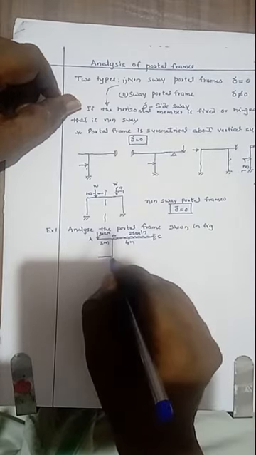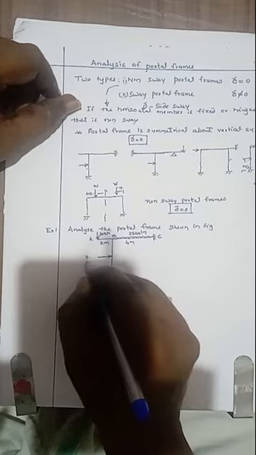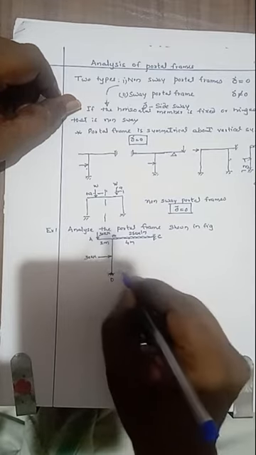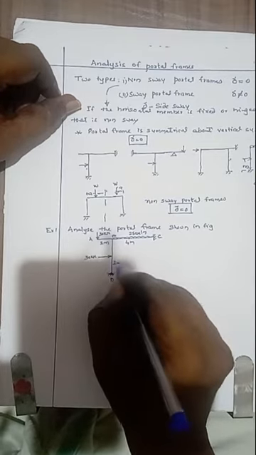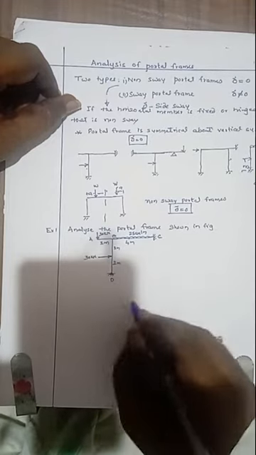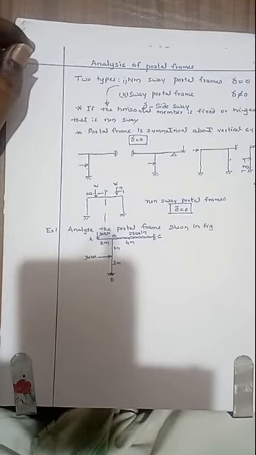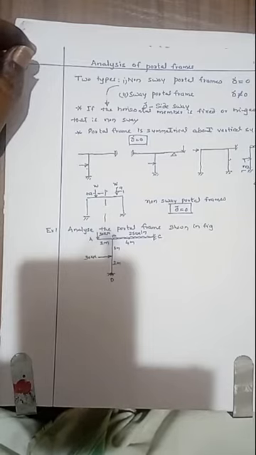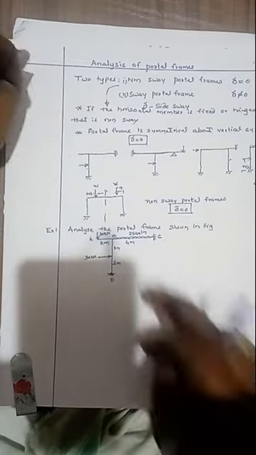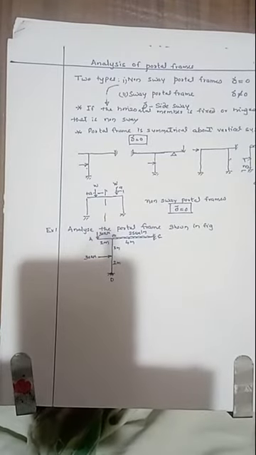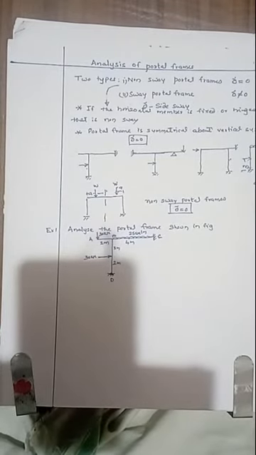Here it is subjected to a point load of 30 kilonewton towards the right side. This one is 2 meter, this one is 2 meter. This is the given diagram. Here A to B is 2 meter and is subjected to a point load of 30 kilonewton at the free end, that is the overhang, and B to C is 4 meter, subjected to UDL of 25 kilonewton per meter.